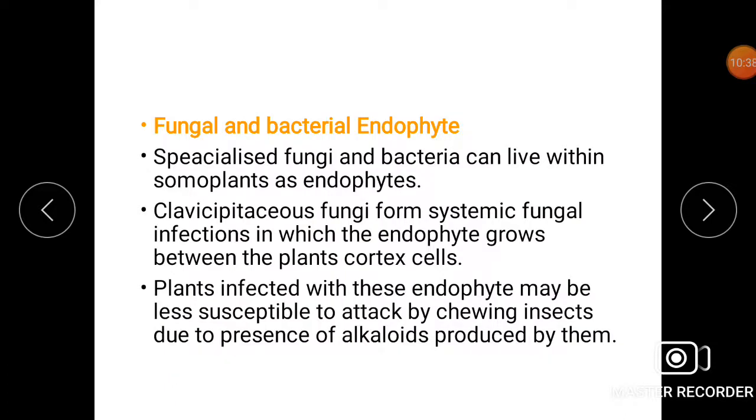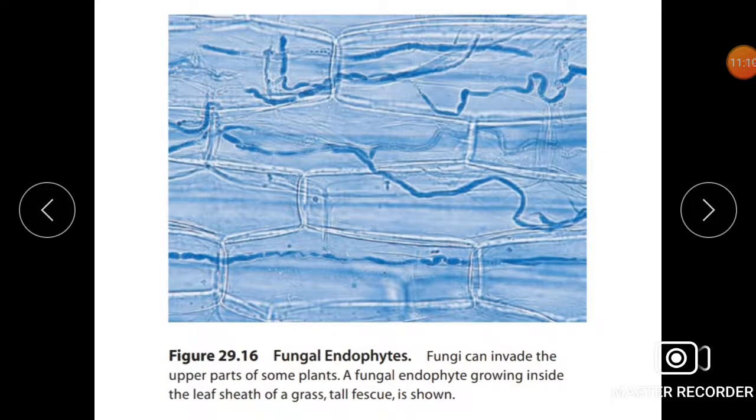And the third one is fungal and bacterial endophytes. Specialized fungi and bacteria can live within some plants as endophytes. Clavicipitaceous fungi form systemic fungal infection in which the endophyte grows between the plant cortex cells. Plants infected with these endophytes may be less susceptible to attack by chewing insects due to the presence of alkaloids produced by them. So fungi invaded into the cell,